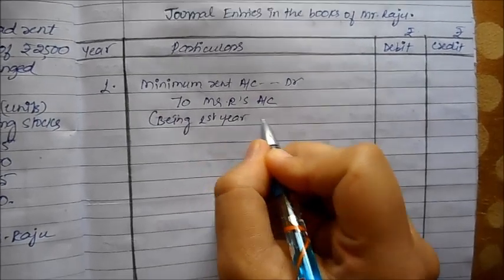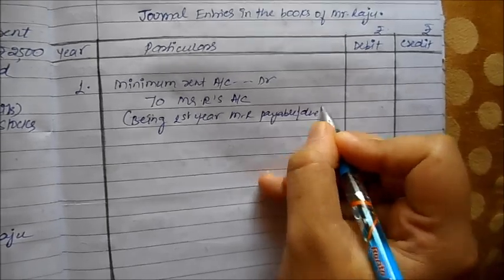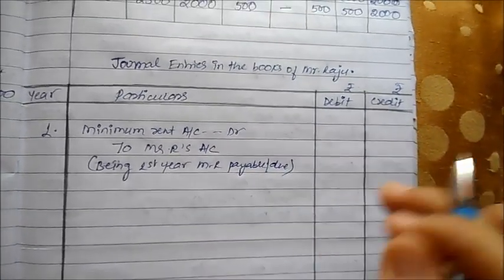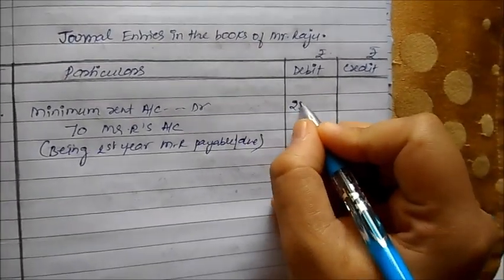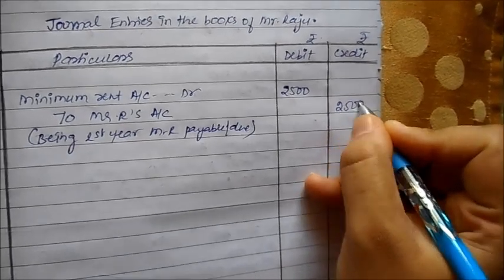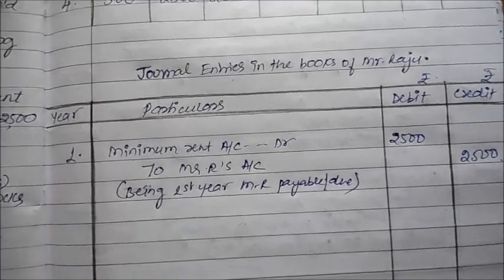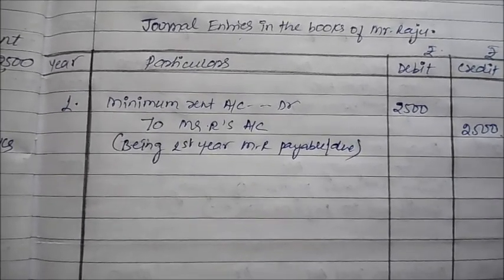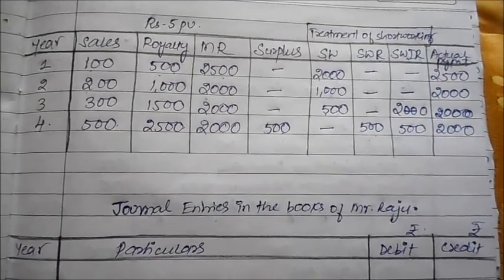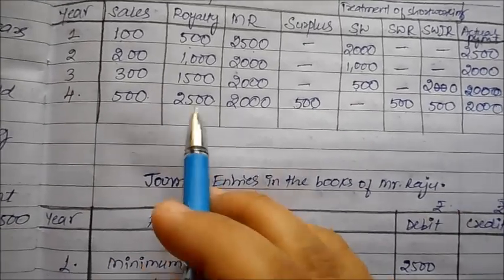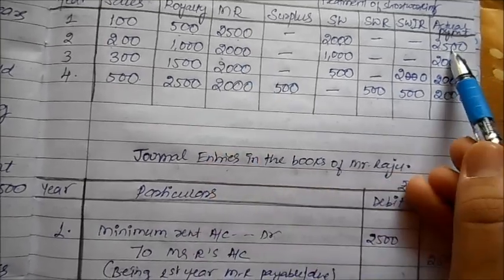Being first year minimum rent, either you can write payable or you can write due, anything is okay. Now how much are you actually making the payment to them? Worth rupees 2500. Okay, so the amount that is going to be due is to the extent of 2500. This was the first journal entry. Now please see when it is expected to be paid. Now whenever you are paying in this minimum rent, it has both the components. You are also paying royalty, you are also paying short working. Didn't you see this? You are also paying a royalty of 500, you are also paying a short working of 2000. Both put together you are calling it minimum rent of 2500.